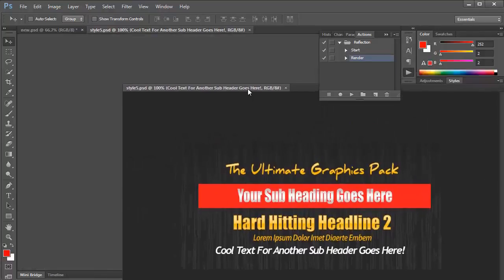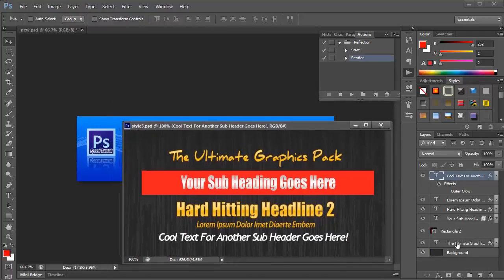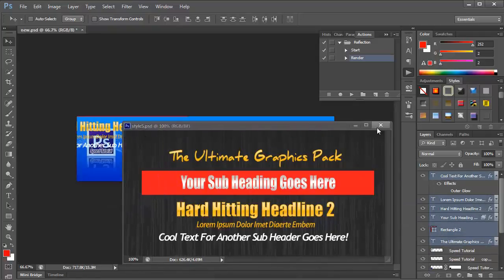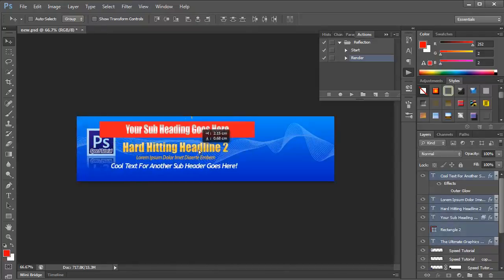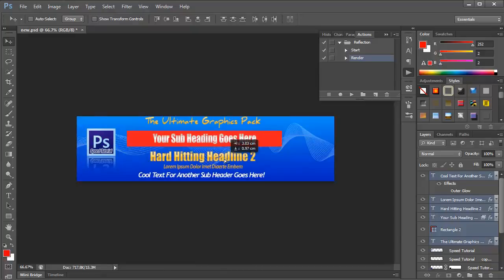And again, let's move it down here so I can see what I'm doing. And all I need to do is grab the layers that I want, which is pretty much all of them, except the background. And I'm going to drag those over here onto my main image. Let's get rid of that and move this to where I want. Let's center it up, make sure I've got it fitting just right, and move it around a little bit more,